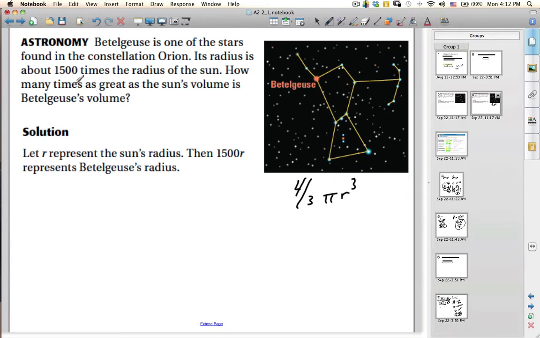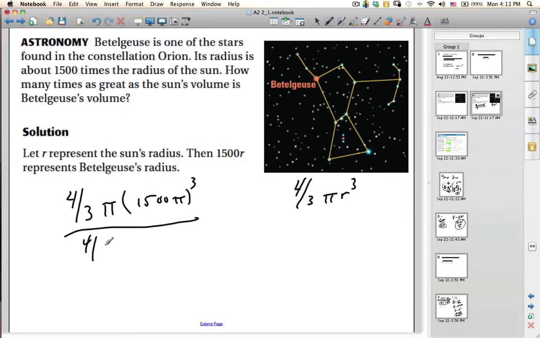Betelgeuse is 1,500 times the radius of the sun, so 1,500 r becomes Betelgeuse's radius. And if I want to have a ratio, I'm going to put Betelgeuse's volume, 4/3 pi times 1,500 r cubed, over the sun's